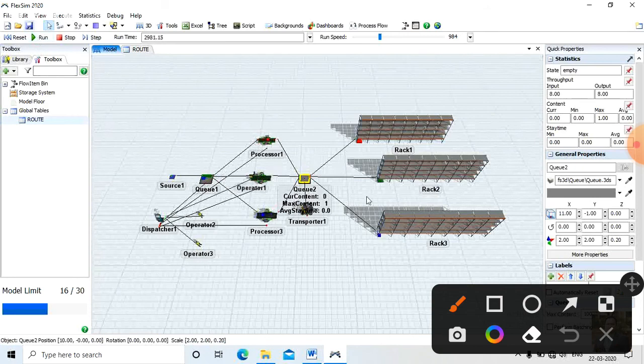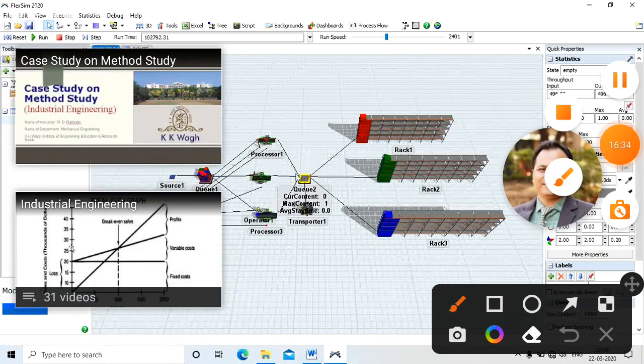You can manage speed. So red color collected in rack 1, green rack 2 and blue in rack 3, means we can segregate different products in different routes. If you see carefully, we do not require operator 3, means in this way we can check whether all resources are useful or not, or sequence is proper or not. So in this way